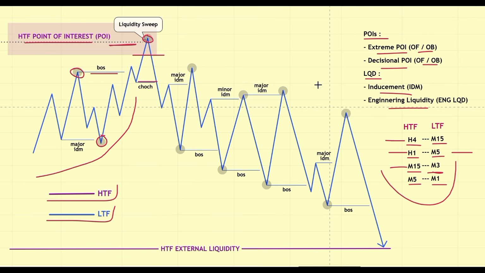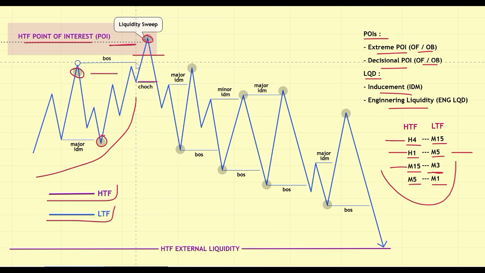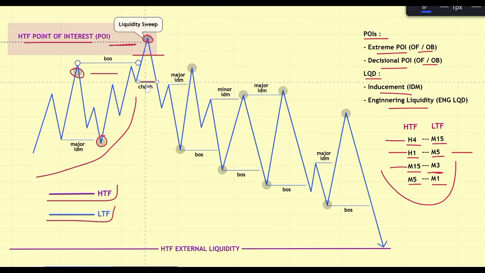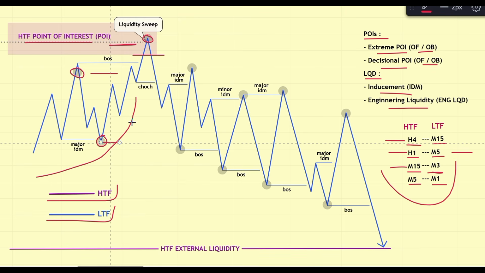So now let me change the scenario so that we can include the minor inducement. Let's see, now the break of structure is somewhere there, so this means the high is right there. You can clearly see now this one here is no more a major inducement, but now it's a minor inducement. So this is no more our change of character, because we said we need the major inducement, and since now the major inducement will be our trading range low,